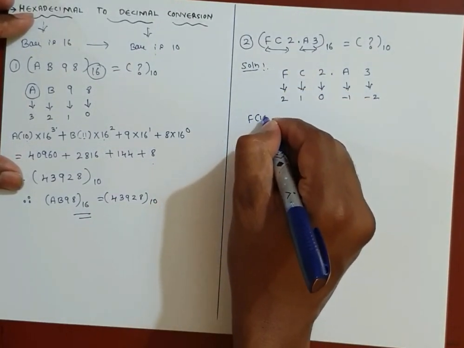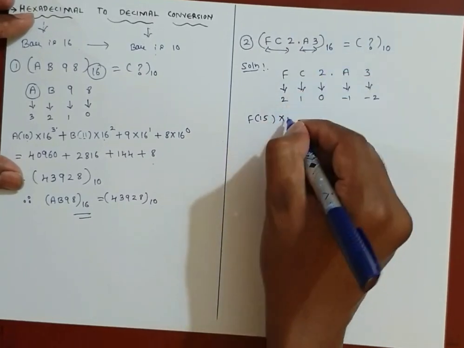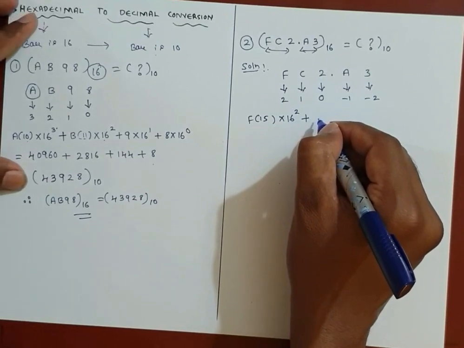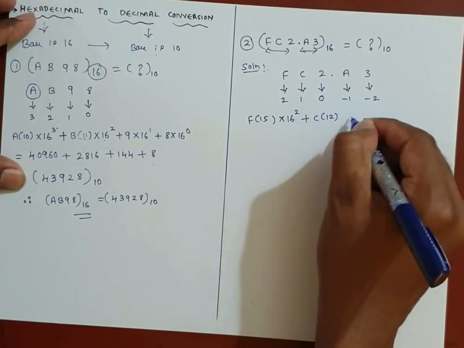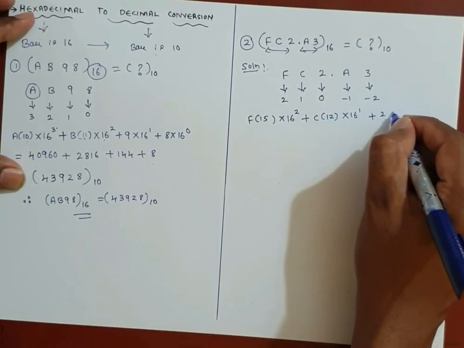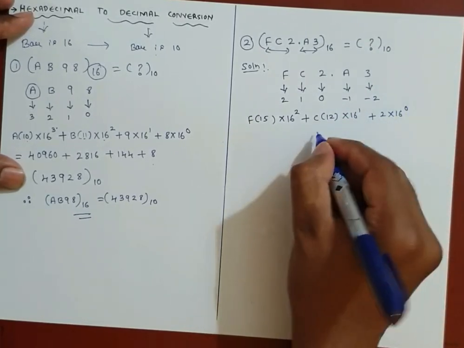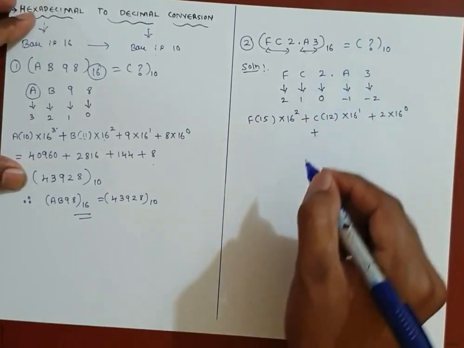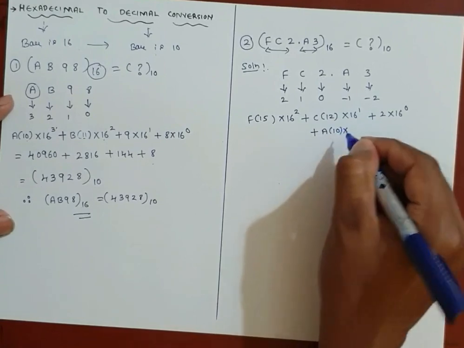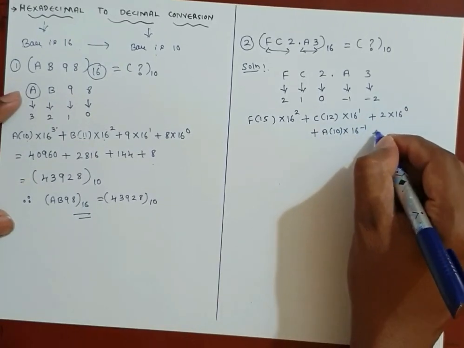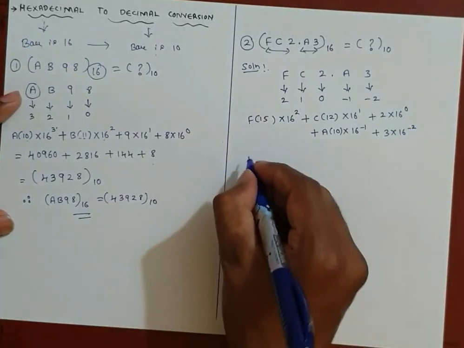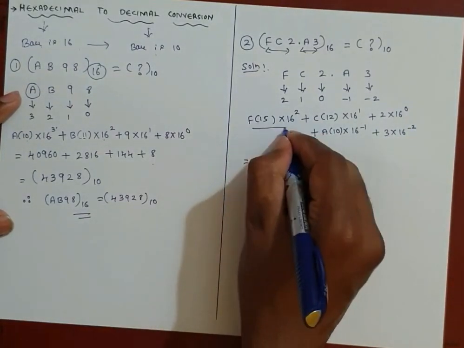So take this number F. F means 15 multiplied by the base, that is 16, and the power should be 2, plus C. C means 12 into 16 power 1 plus 2 into 16 power 0. Next plus A. What is the meaning of A here? A means 10 into 16 power minus 1 plus 3 into 16 power minus 2, which will be equal to